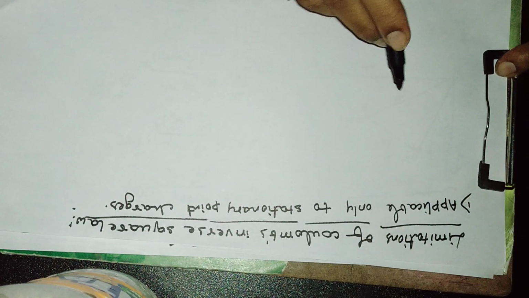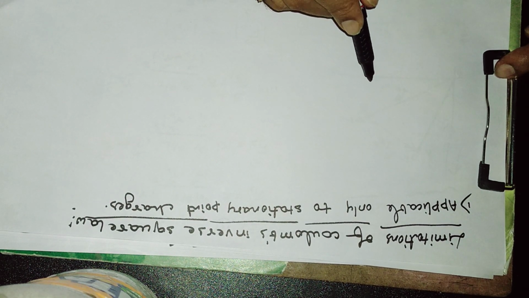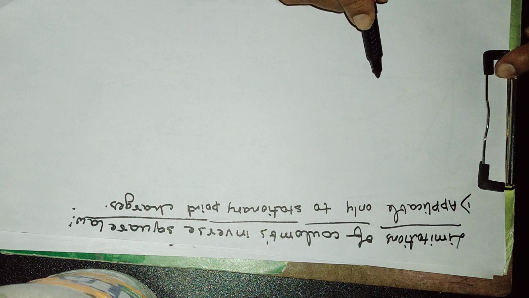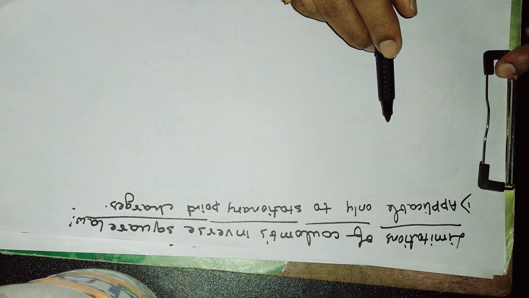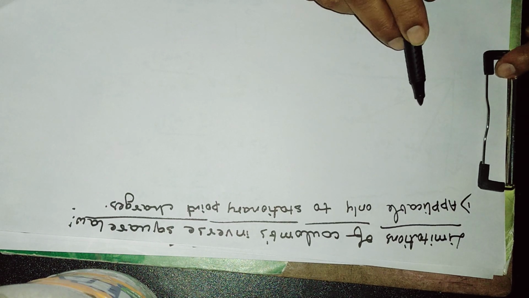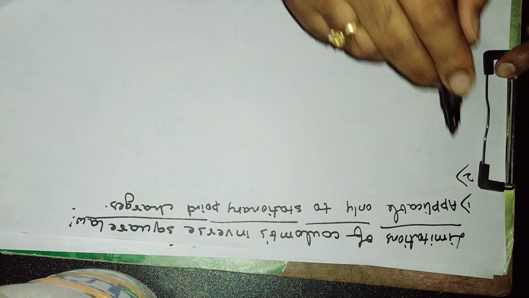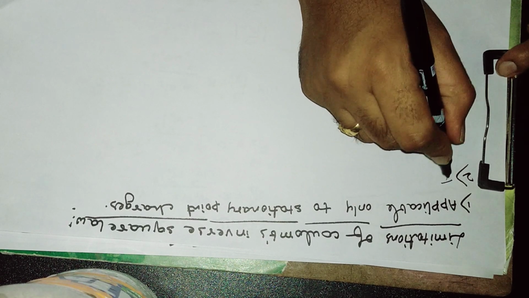Why? Because moving charges also produce a magnetic field. This is one of the properties of charges under motion. We had learnt about this. Moving charges produce a magnetic field also. Hence, Coulomb's law will not be applicable for moving charges. Secondly, it is not universal.